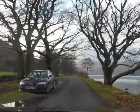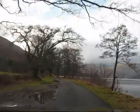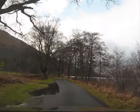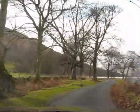Might be fishing, I don't think so, though, but I don't know. But this is a nice little place to park if you've got a camper, small camper or something. It's a nice little cut-out section. It is a bit wet at the moment, as you say, but